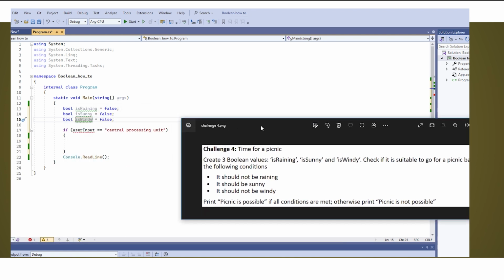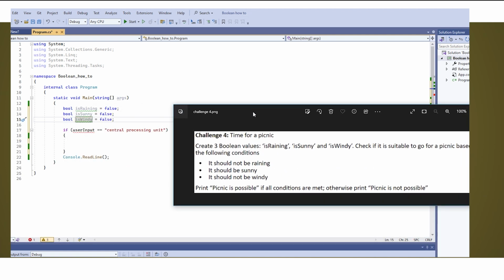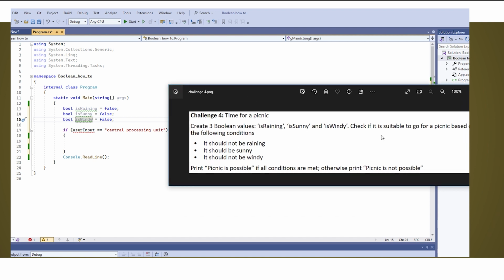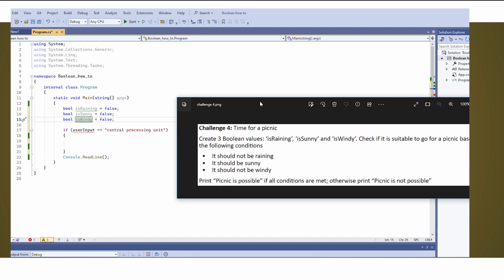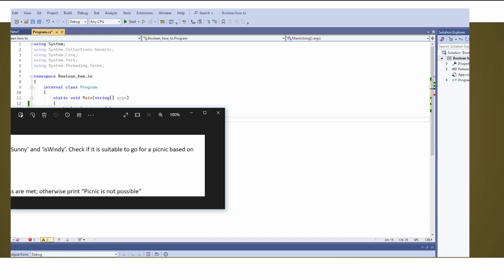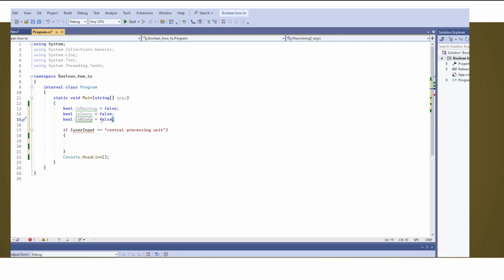Now, the reason I've chosen this question as one of your challenges, it's kind of a weird question because it's not too clear on how they want it actually laid out, but I have seen this on an exam paper before, so that's why I'm doing this challenge right here, because all that they wanted to see is the 3 Booleans set to either true or false, and in fact, I think the exam paper didn't even expect you to create the Booleans, they just wanted you to create a selection statement that